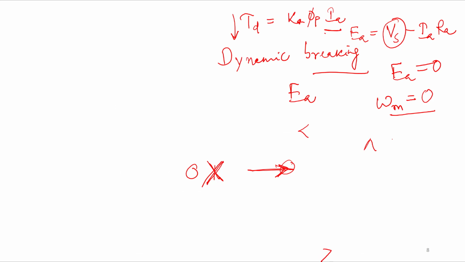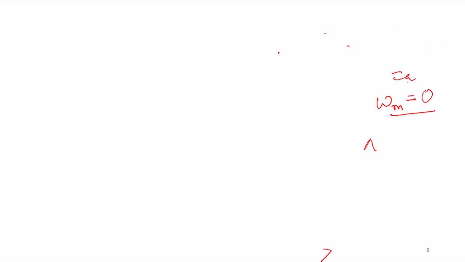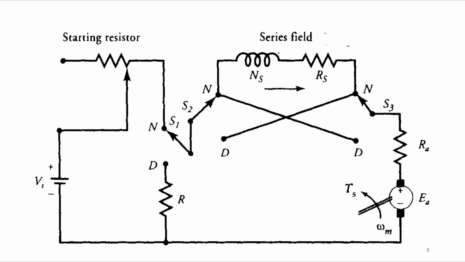Then we'll talk about regenerative braking. Regenerative braking, as I already told, is only useful when the motor is accelerating, like in a hilly area, when the traction motor is accelerating very fast. In that time it is essentially required. Okay. So this is also dynamic braking for the series motor. You can see here how the connection pattern is, right?